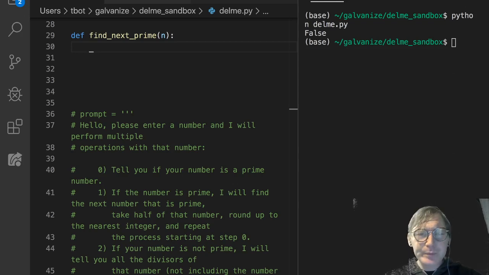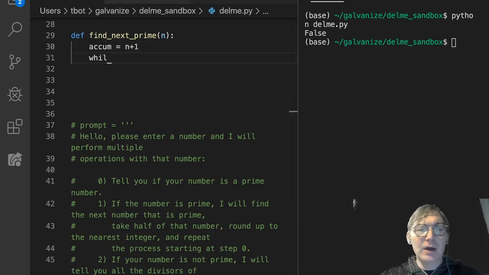Okay, so we have n, and I'm going to make an accumulator. And I'm going to start it off at n plus 1. So this is one more than the previous value. So if something is prime, like 37, or 31, let's say 31, we're going to start at 32 and go from there. And obviously 32 is not prime. We could actually do n plus 2 here, but let's just do n plus 1 just to seed the idea. And I'm going to say while not is prime of the accumulator,